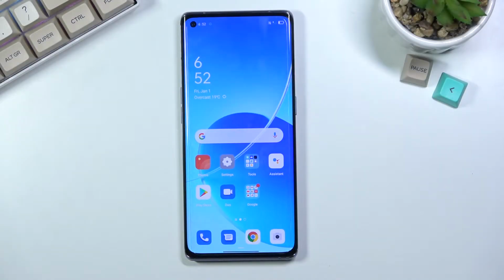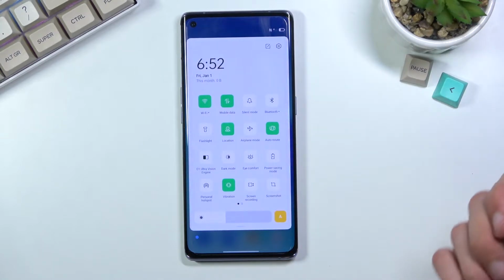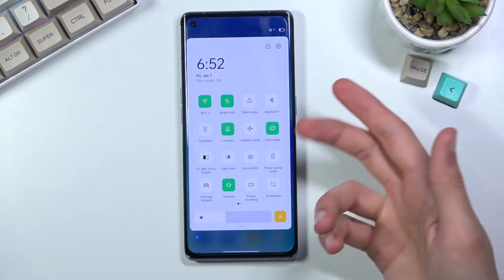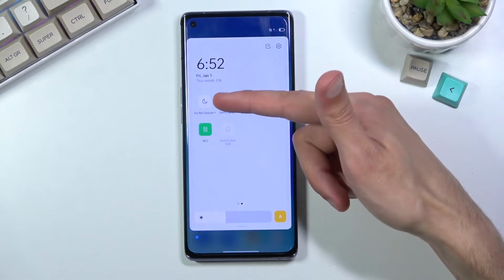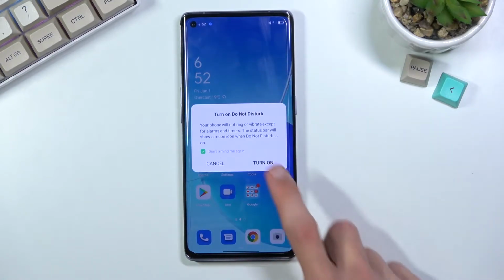Welcome. In front of me is the OPPO Reno6 Pro, and today I will show you how to enable the Do Not Disturb mode. So to get started, all you need to do is pull down your notification panel and look for the toggle, which for me looks to be on the second page right over here. So once you find it, you can either tap on it right now, like so, to turn it on, or